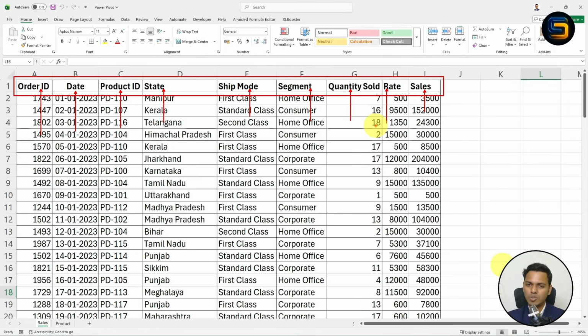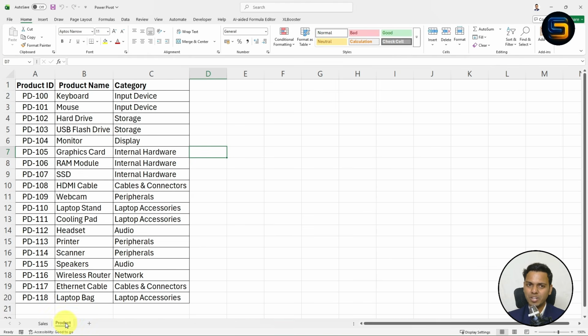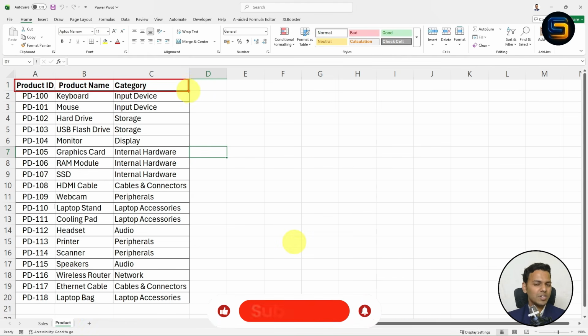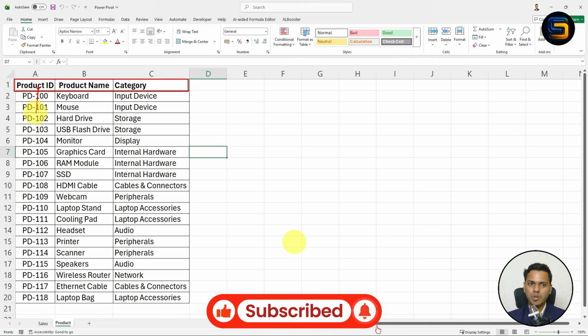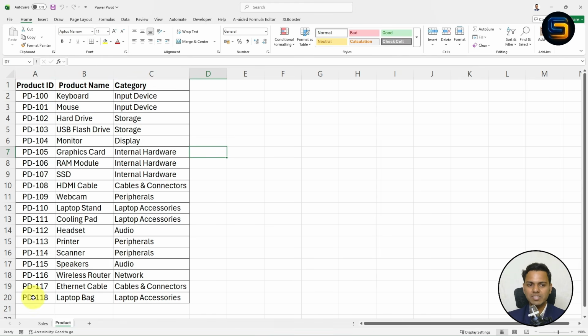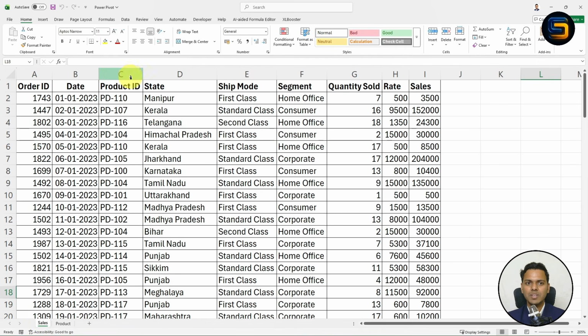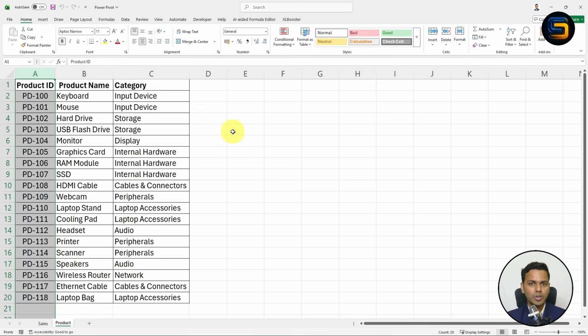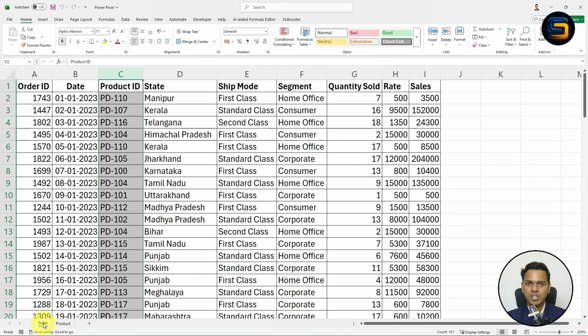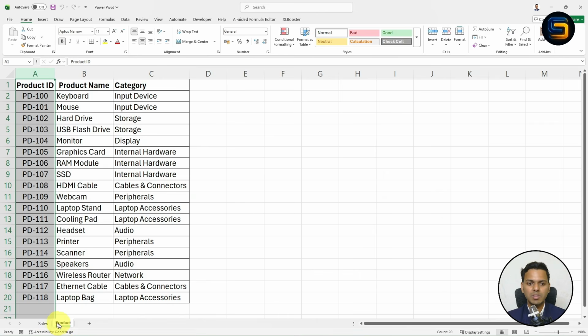So, first you need to understand the data. I hope you understood, right? Now moving to the product sheet, I have taken here product data, which consists of three columns only. First we have the product ID column, product name and category. Now look here guys, if I go to the sales data set, this sales data set consists of a product ID column. In the same way, the product data also has a product ID column. This means the product ID column is common in both the tables, in the sales data as well as the product data.